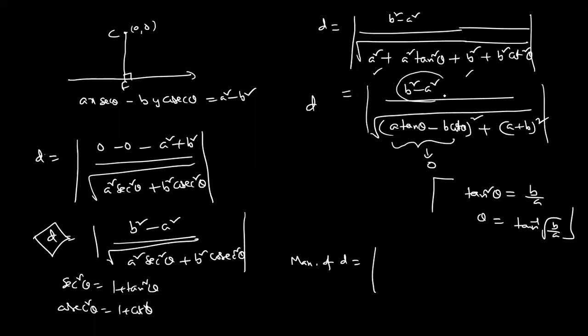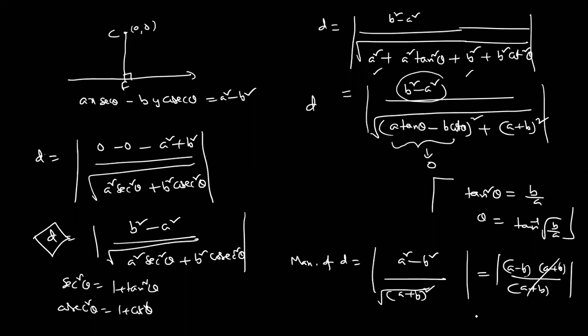Here B square minus D square, you should write A square minus B square only, because A is greater than B. Modulus anyhow, no problem. But this is 0, so what is the answer? A plus B whole square. Therefore, A minus B into A plus B by A plus B, both are cancelled. So the answer is modulus of A minus B. So the maximum distance from the center to the curve is modulus of A minus B.